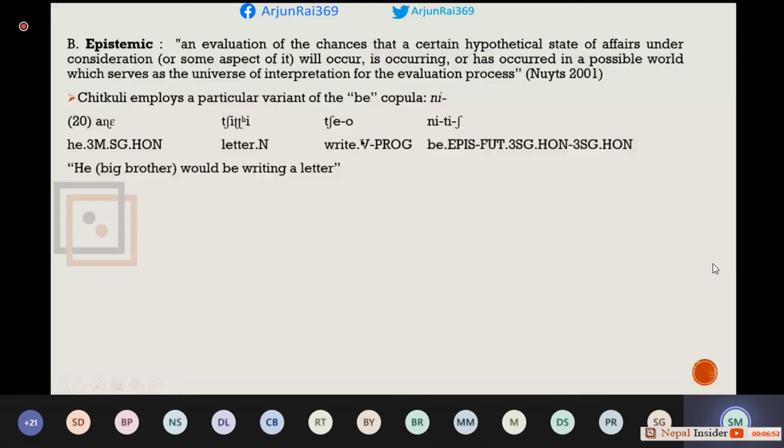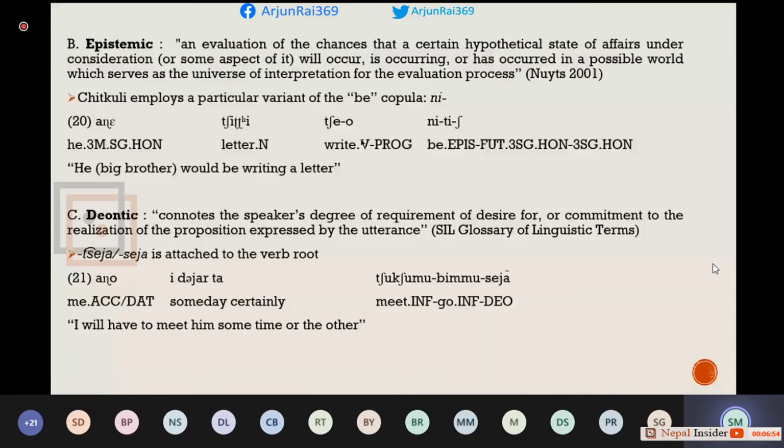Then deontic is when you have to do something, when there's a sort of compulsion, you certainly will have to. You use the deontic here. Most of the speakers used saya, but two or three of them used say as well. I just mentioned that up here. Chukshu Musea here, you should meet, go meet. That's the significance made out here.